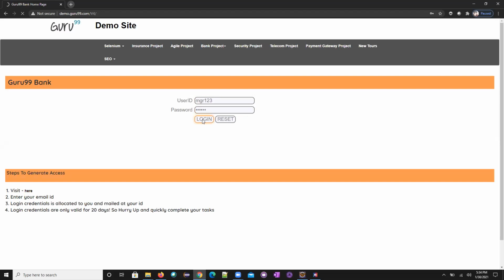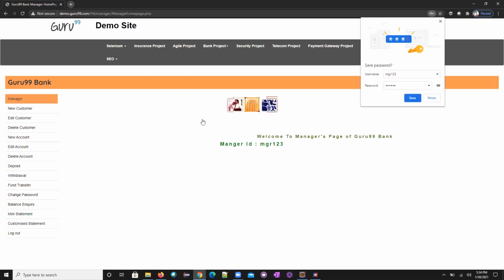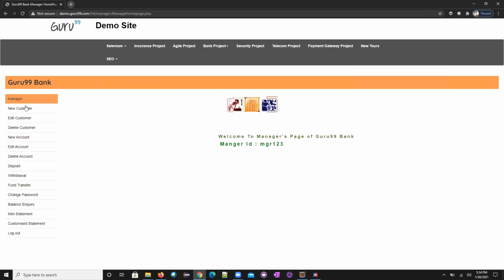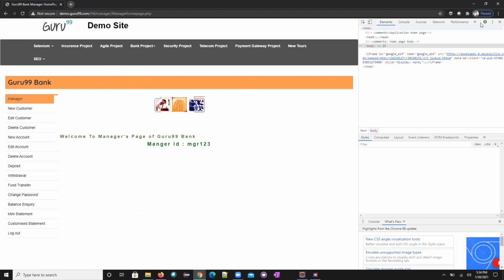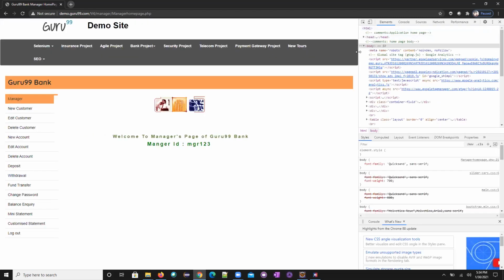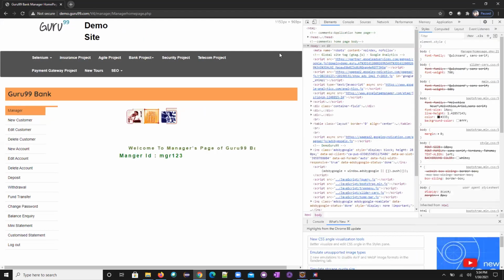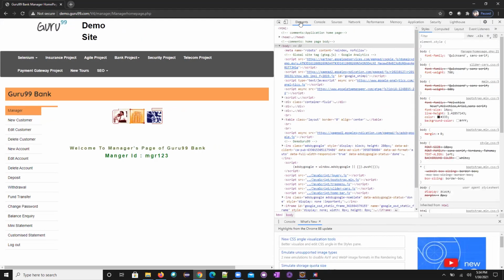Now, after clicking the login button, we go to the home page, right? Now I wanted to click on edit customers. Now how I'll write the code, don't worry, Selenium will take care of all this, so you need not worry about it. Just as a piece of code, I wanted to see.